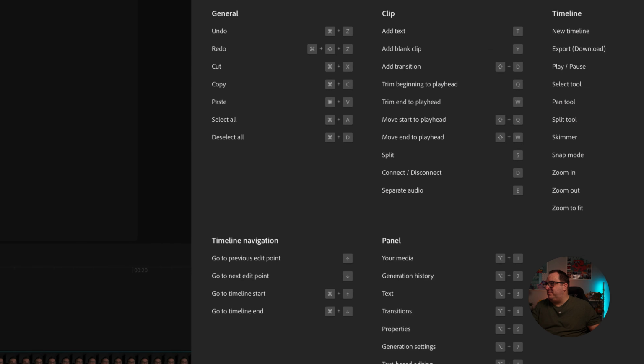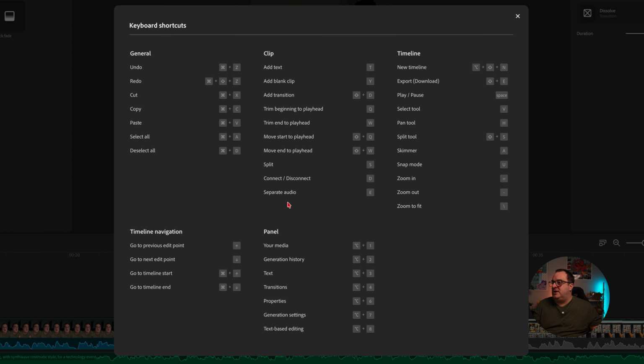Next and last final one that's hiding down this left hand side menu here is this little keyboard, and this is all your keyboard shortcuts. So this is a really good one if you want to take a screenshot right now of all of these or go and create your own. You can pause the video and take a screenshot of all of those keyboard shortcuts that you can use inside of the Adobe Firefly Video Editor. So that's the left hand panel all gone through, and now let's dive in and take a look at the